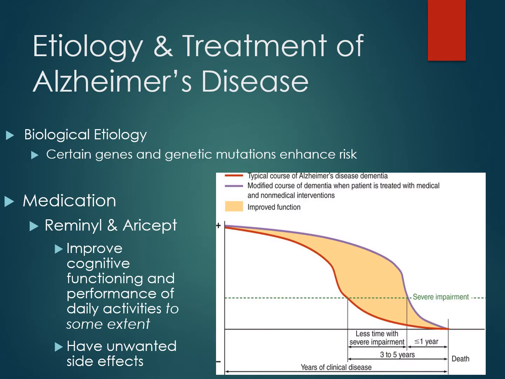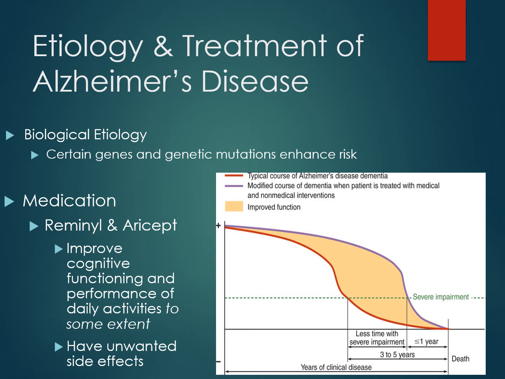To date, there's no cure for Alzheimer's. At best, medication can lengthen the time that a person has before they become severely impaired, but they will still eventually become severely impaired. Medication like Razadyne and Aricept will delay the progression of cognitive deterioration for a few years and may actually improve some symptoms somewhat, meaning putting them back to where they were maybe about 6 months ago. But again, they're going to still continue to decline.